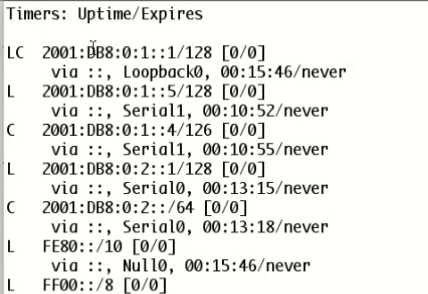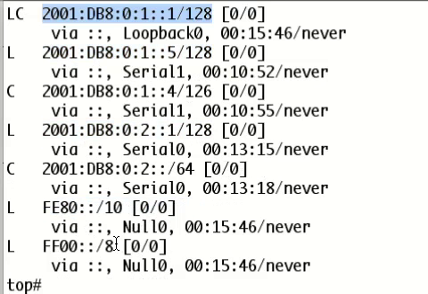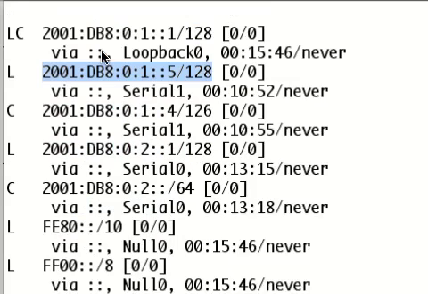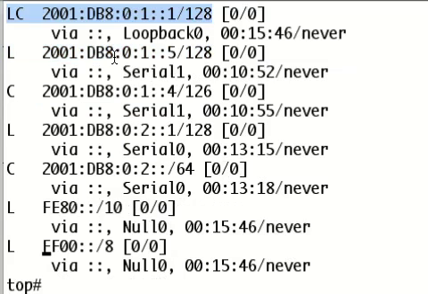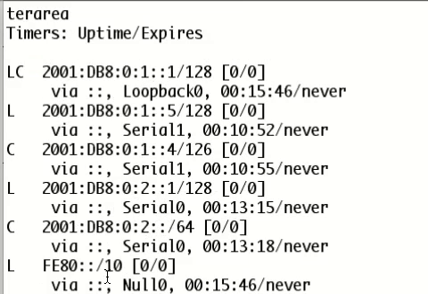And then you can see I've got my 3 directly connected routes and my 3 local routes. This one for the loopback is directly connected and loopback, the same at /128. I have these 2 other routes. FF00::8 is multicast, and FE80::10 is link local. We'll talk about that some other time. In any event, of these routes up here,